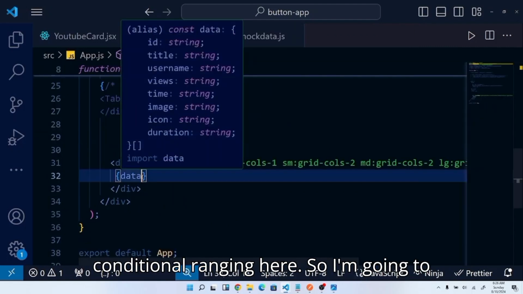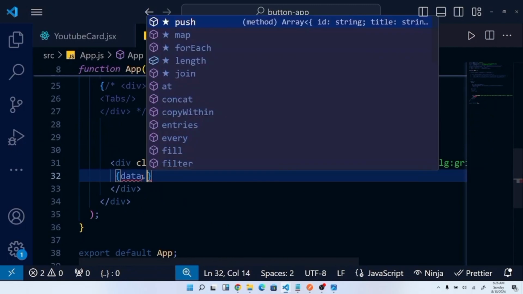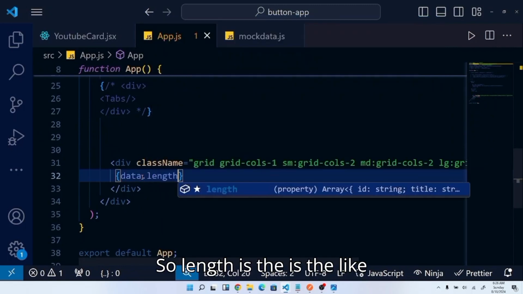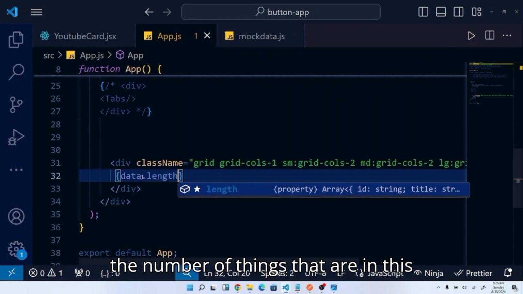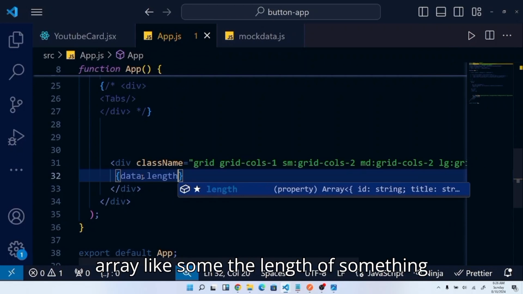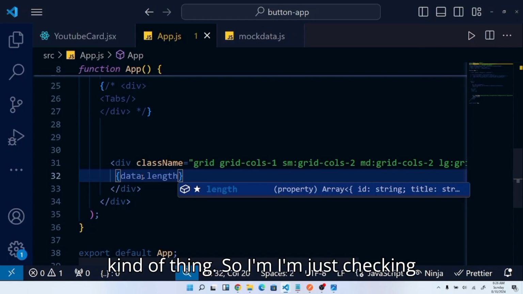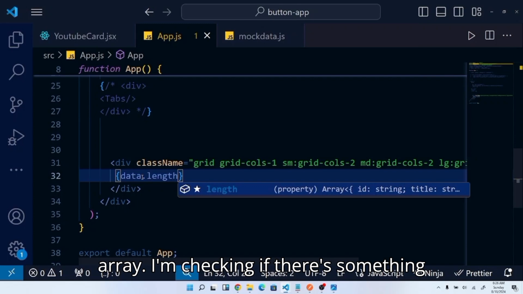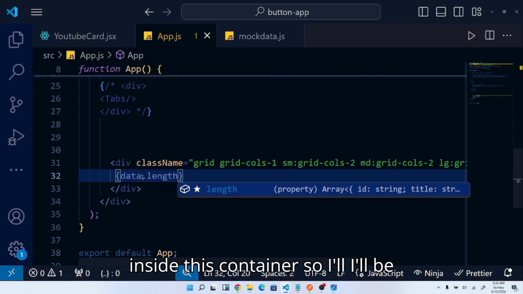So I'm going to do data.length. Length is the number of things that are in this array, how many things are there in layman's terms. So I'm just checking if there's something inside this container. So I'll be like data.length